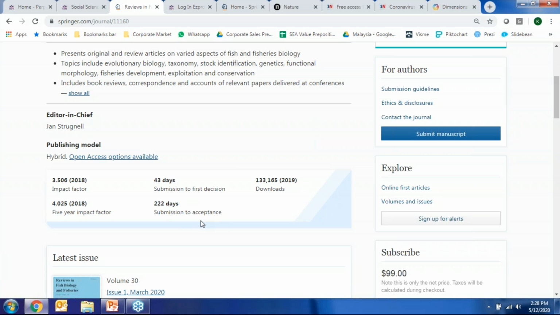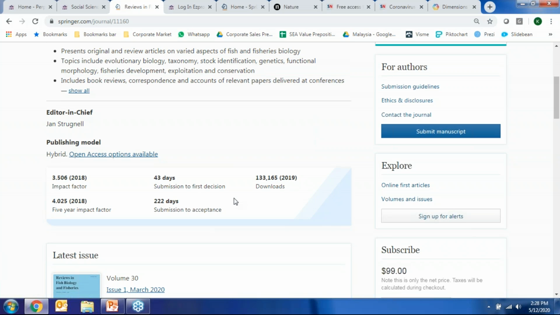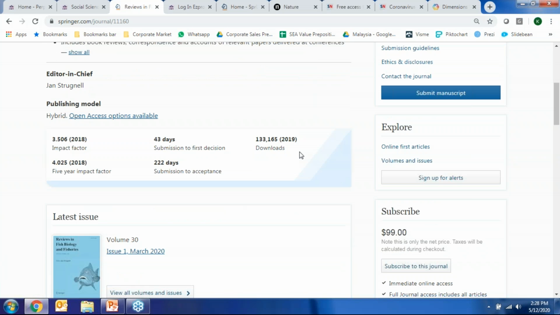So this means after your manuscript has been submitted, gone through peer review, and made revisions, on average it takes 222 days all the way to the end where it finally gets accepted and then goes into the preprint process. And also look at the popularity of the journal itself, on how many downloads there are for the year 2019. Also, just to help you gauge perhaps how many other researchers around the world are also looking at the articles within this journal, right?